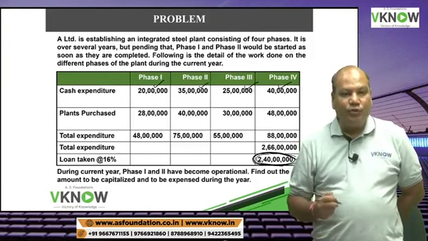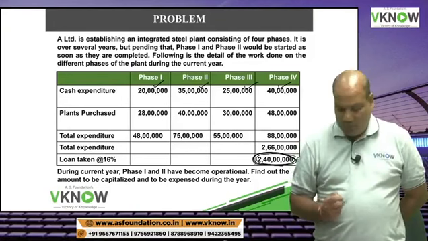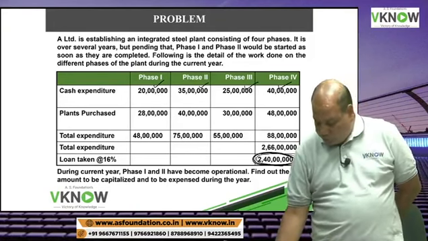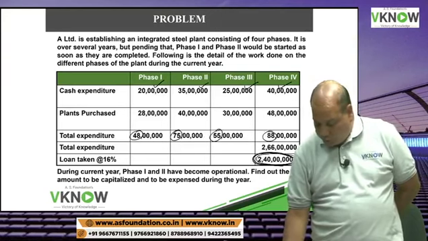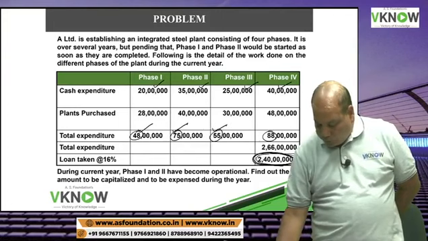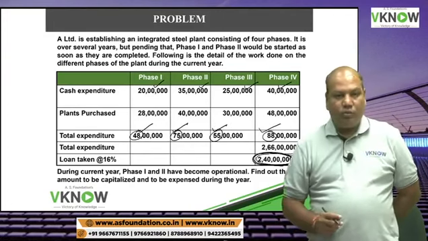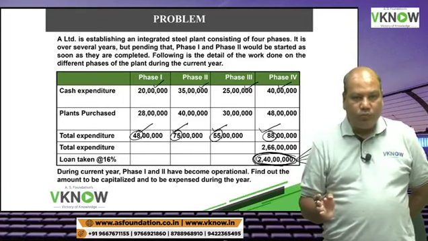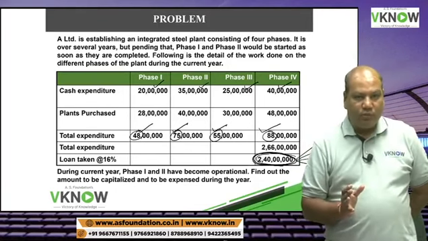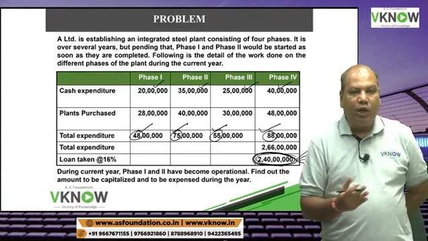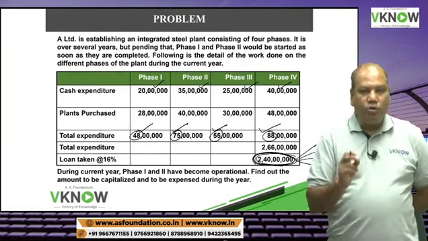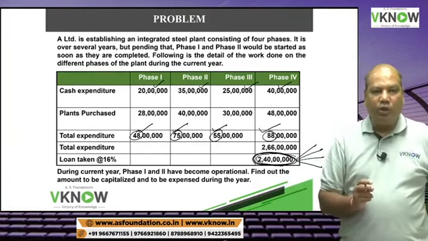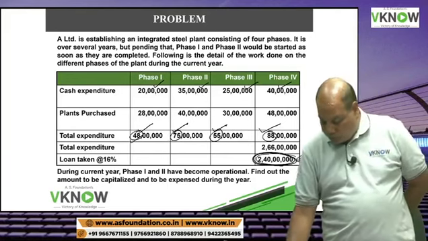So we will assume that this loan was taken proportionately in the ratio of the expenditure incurred. Ultimately, I have to break that loan over four phases, so some basis of allocation must be there. The basis of allocation of that loan will be the ratio of